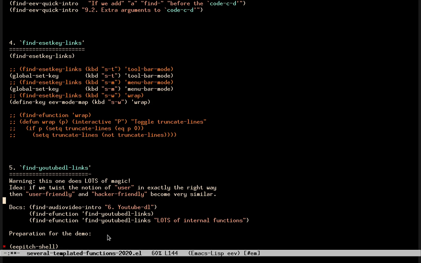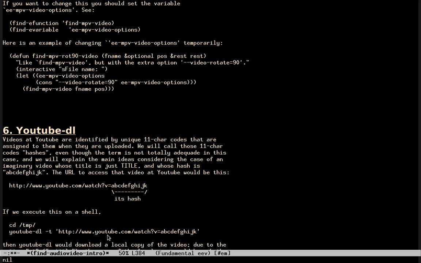So this is my user-friendly way to download videos from YouTube, that is user-friendly to me and maybe to other people, but whatever. The documentation about this find-youtubedl-links is in this section here of the tutorial about how to use audio and video files in AV, in this section here. And the idea is that